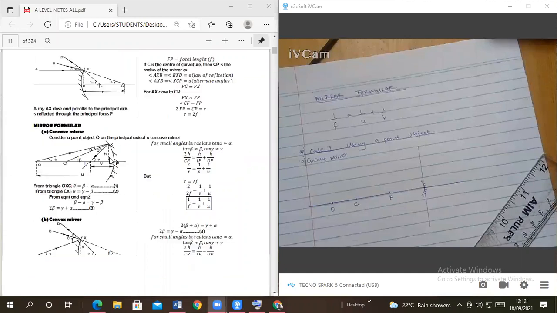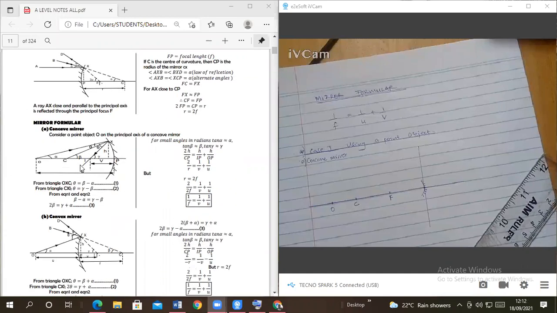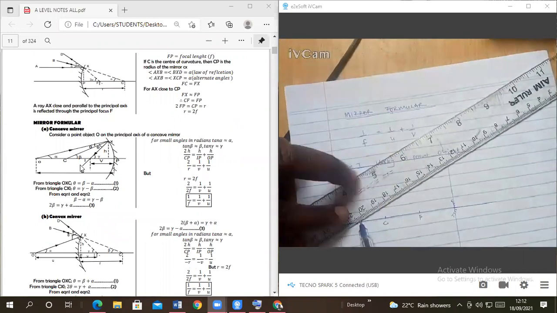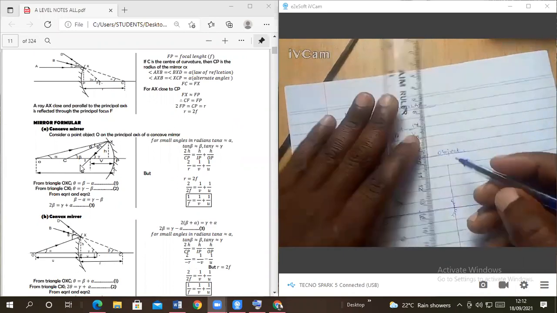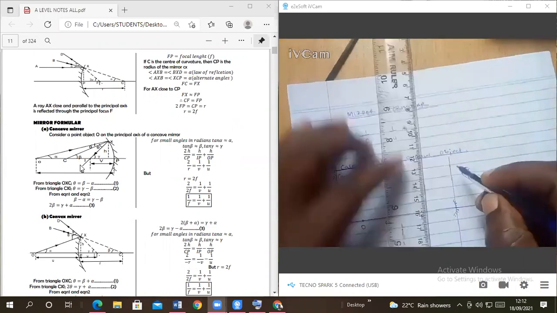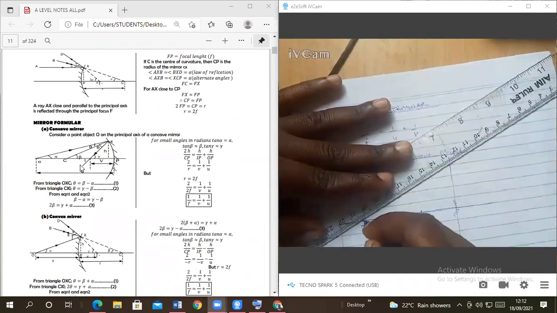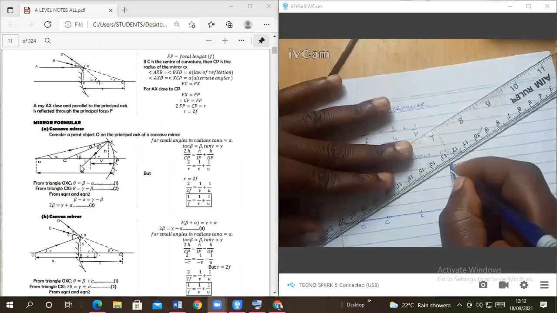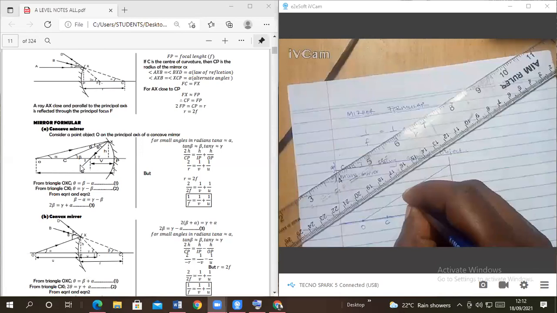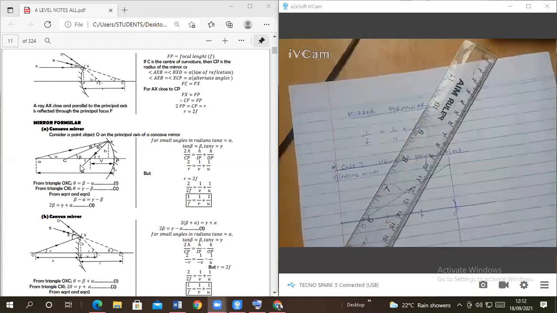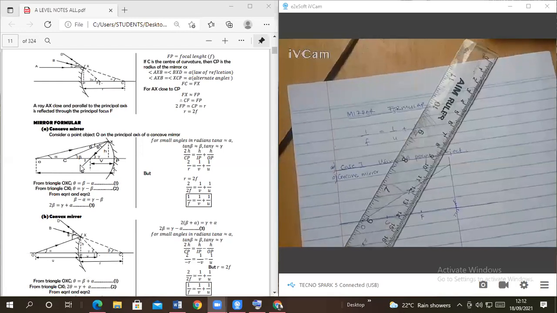So we are looking at a concave mirror. This part, this is what we are looking at. The first ray comes from the point object here, and I want the diagram to be big enough, and it will touch the pole. Okay, like that. So we suppose that this kind of image is going to be formed also along the